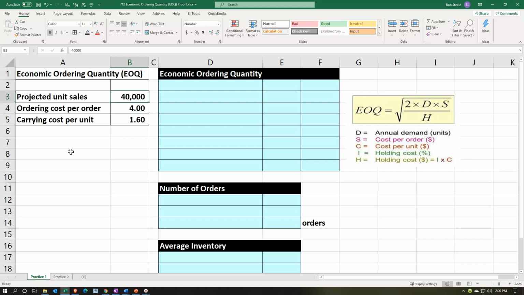Why don't I just order 40,000 units one time, and that'll only cost me $4, right? Because if I ordered 20,000 two times, it would cost me $8, right? And so on and so forth. So if I wanted to minimize the cost of ordering, I would simply order in bulk. I would order as much as I can at the beginning. So that's one factor, but we have to balance that against the other factor that's directly related to the size